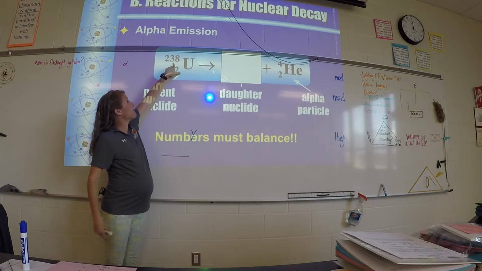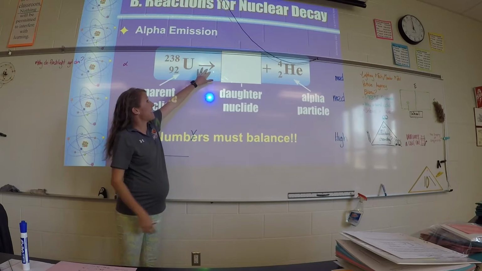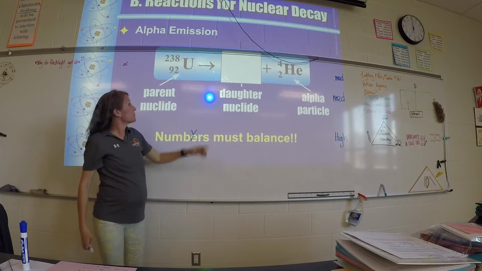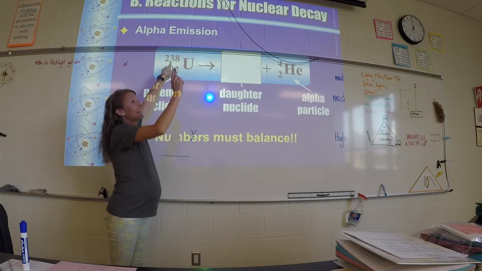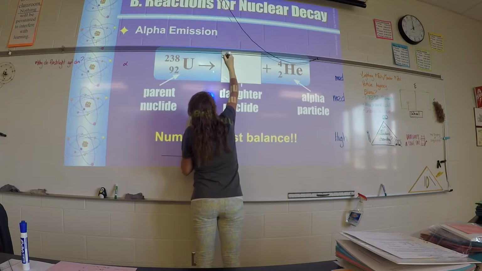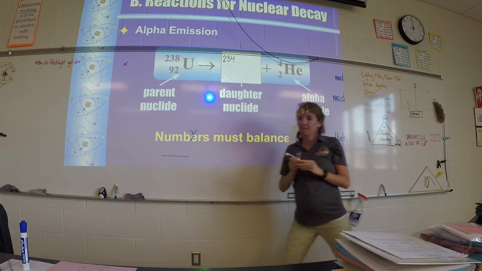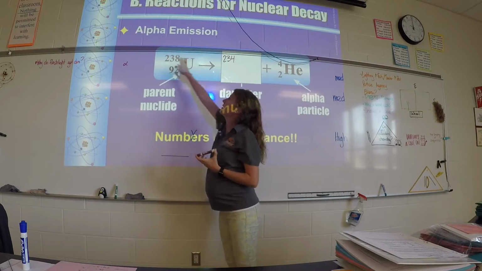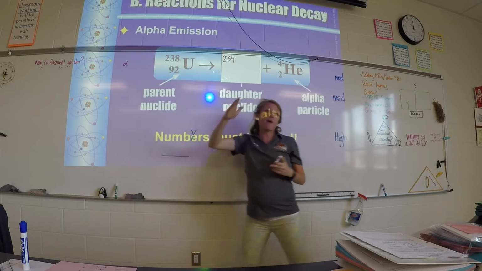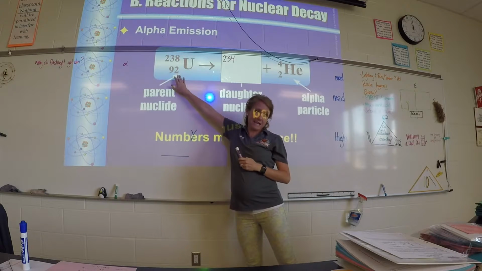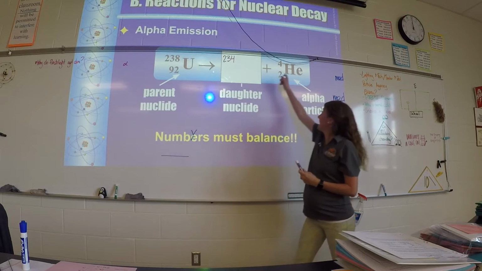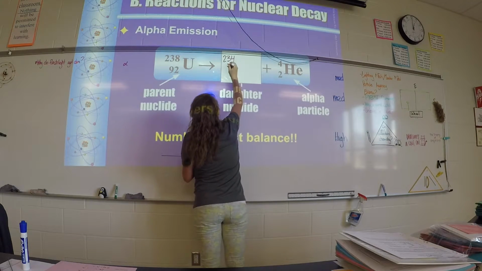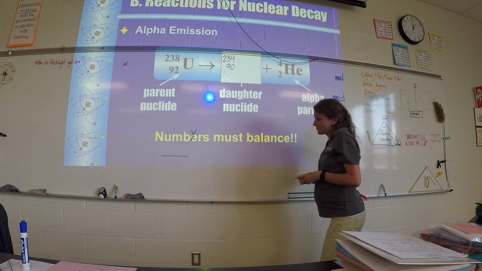If I have a uranium atom with a mass of 238, the arrow means it's changing. It's basically kicked out an alpha particle. So if it had 238 and it kicked out 4, then this thing must be 234. And you can always check it by working back, right? 4 plus 234, yep, that equals 238. Now focus on the bottom number. If this is 92, has 92 protons, and it kicked out 2 of them, how many are left? 90.